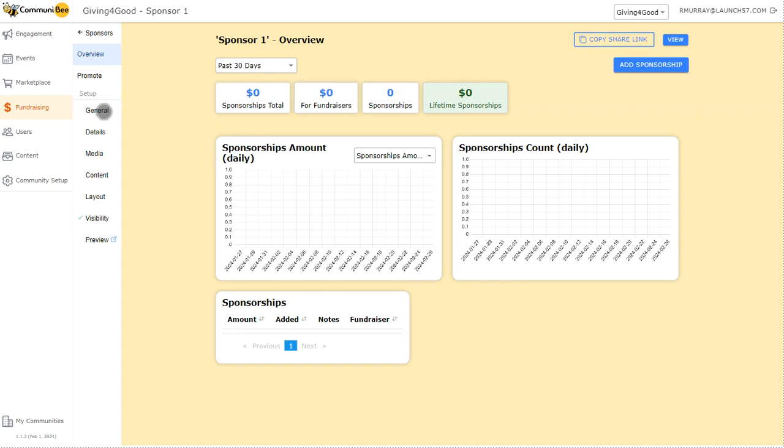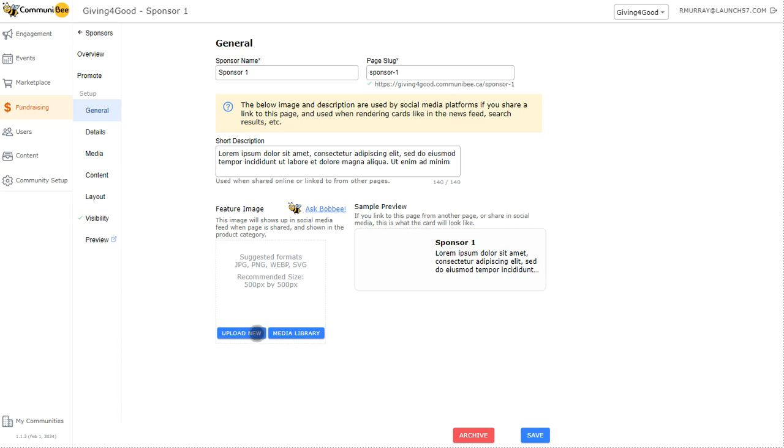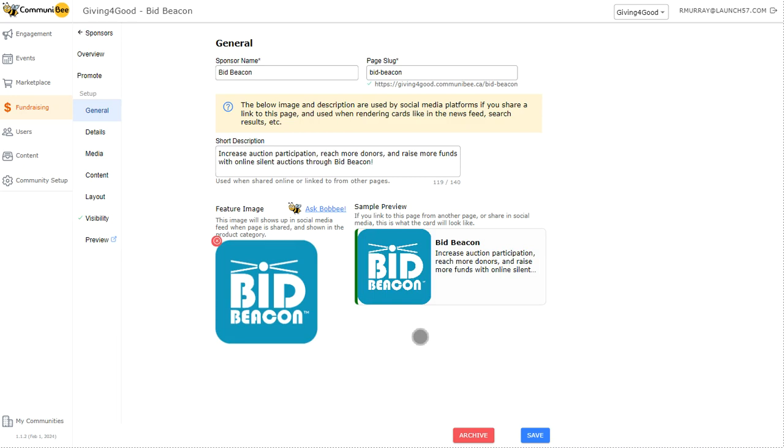So now let's jump to the general tab. And again, this is going to be a very basic tab. We've covered it in many of the guides and videos already. This is where we can provide some basic details such as the sponsor name, the page slug, which is going to update the end of that URL, provide a short description, so just describing who the sponsor is. Again, this is going to be previewed in that feature card down below. And then lastly is the feature card image. So we can remove the template image and then we can go and upload our own. We can choose from the media library or use the AI tool to generate an image for us. So once you're done updating the fields on this page, go down and hit save